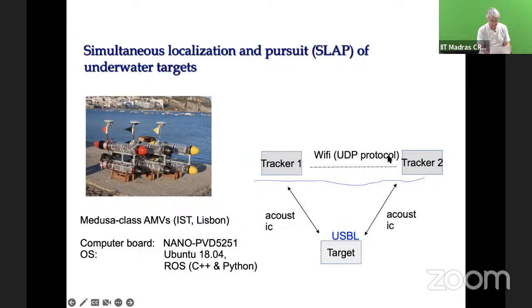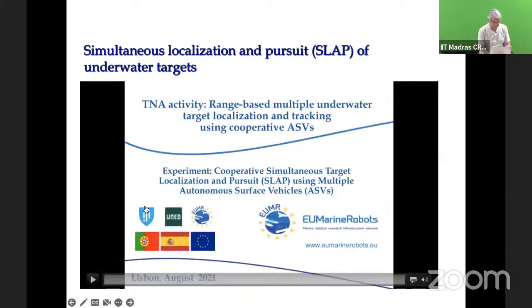So then the trackers should move in such a way that they follow the target and at the same time use that information to run an estimation algorithm to improve the estimate of the target. And these are doing cooperative motion control using, in this case, it's simpler, but using the concepts I mentioned to you. So I think the results are beautiful because you can see here, this has all been implemented